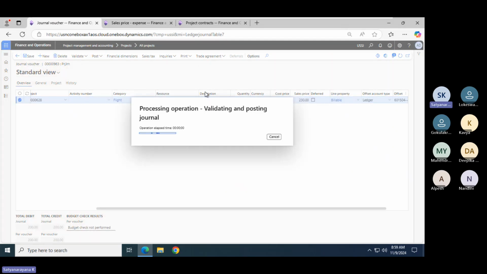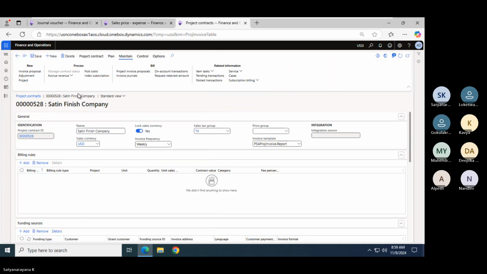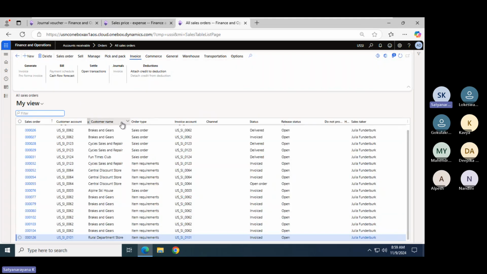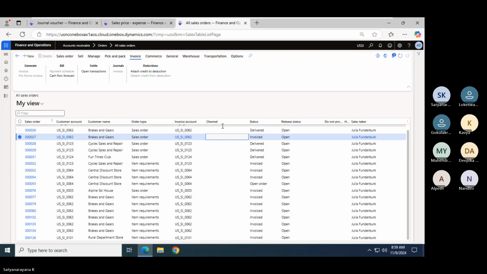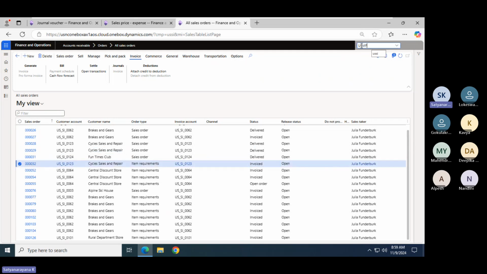In general, if I'm posting a sales order, once it is posted, we can see the voucher immediately here. Normally, let me go to the USM account, because there it will be shown.